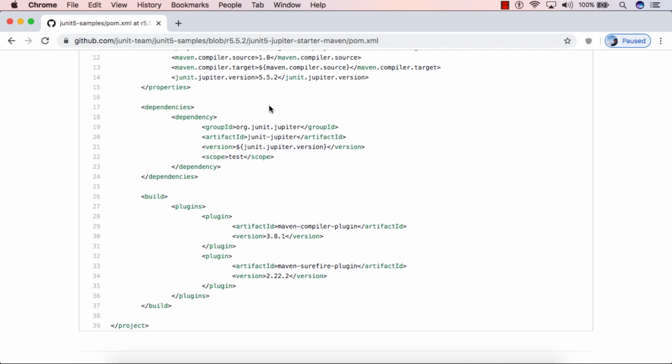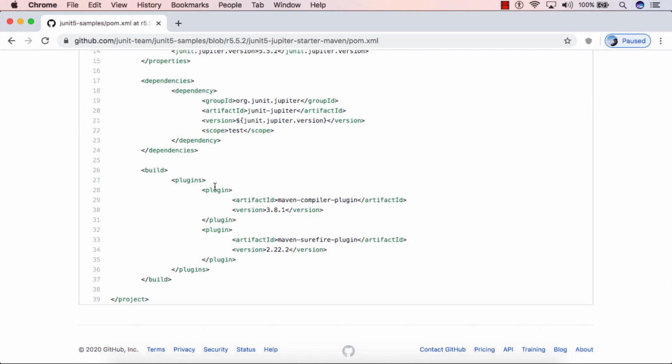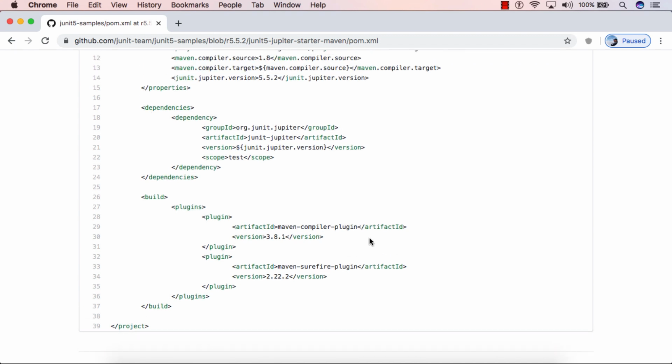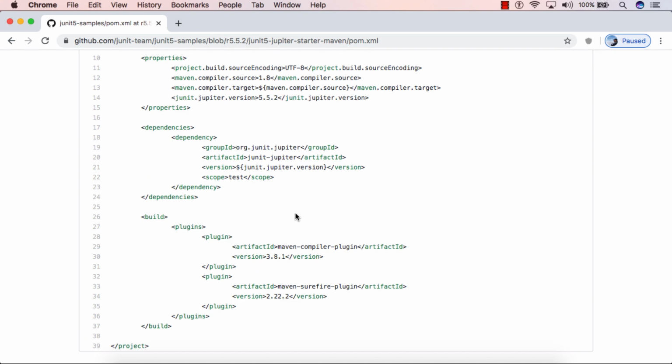In order to use JUnit 5, we simply provide the dependencies for JUnit Jupiter, and we add plugins, which are the Maven compiler plugin and the Maven Surefire plugin, which are basically required when we want to run JUnit 5 using Maven.